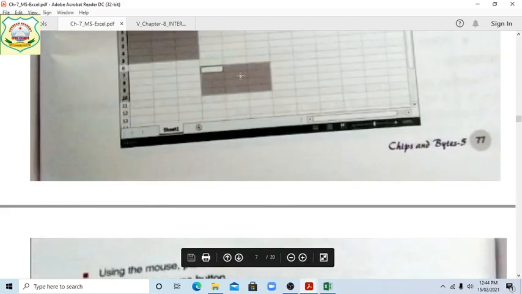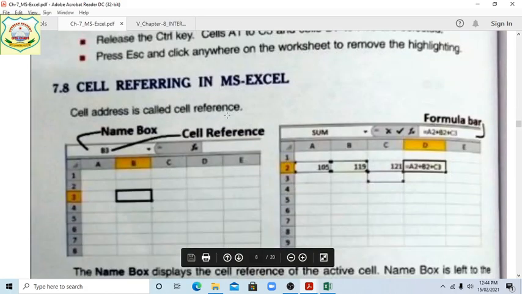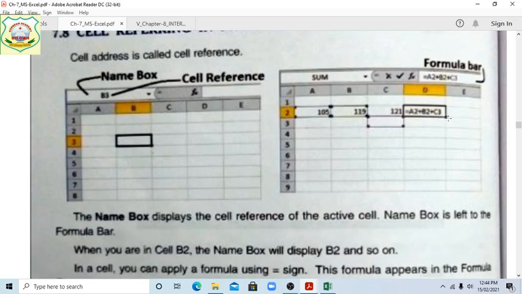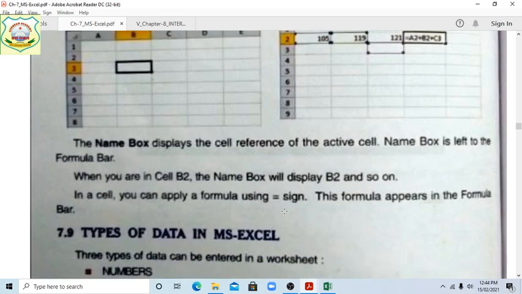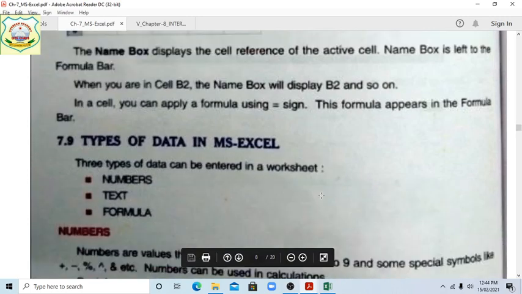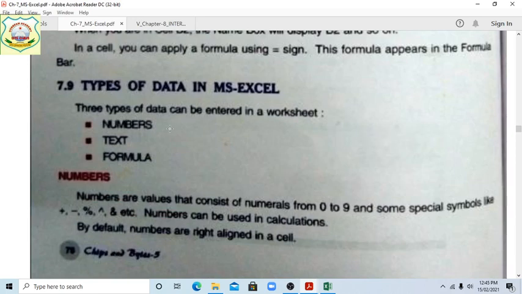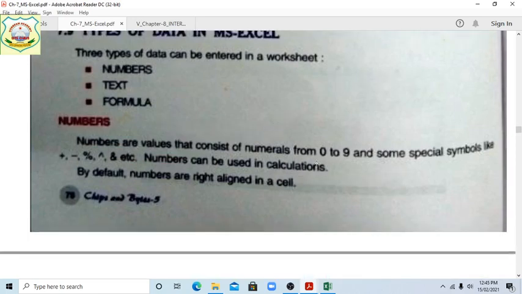shadows. Okay, select it. Now cell referencing in MS Excel. In the Name box, the cell reference is given, students. The Name box displays it, and every formula starts with the equal sign. Three types of data can be entered in a worksheet: numbers, text and formulas. Numbers, what can we put there? 0 to 9 and some special symbols.